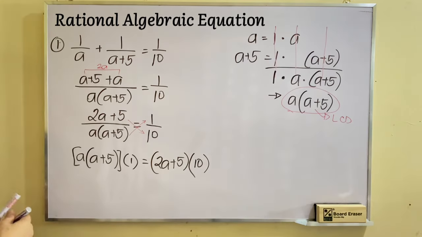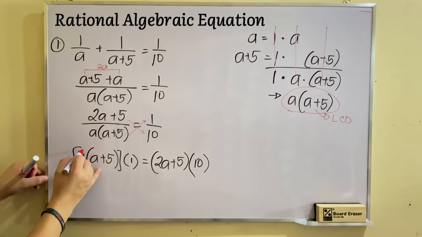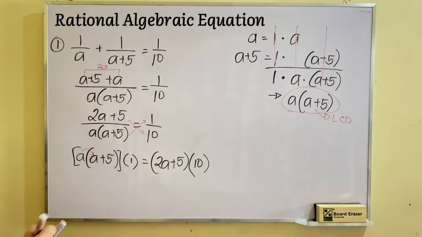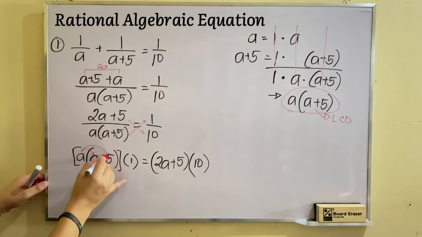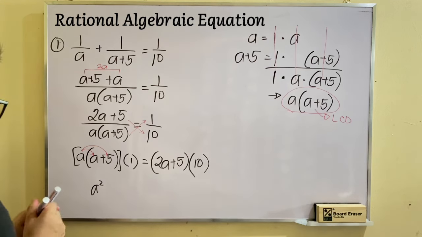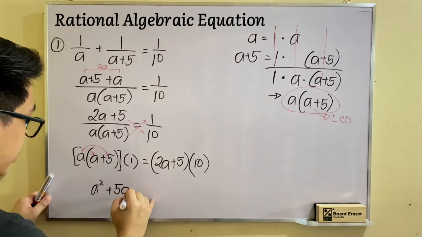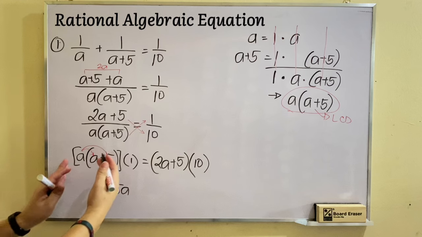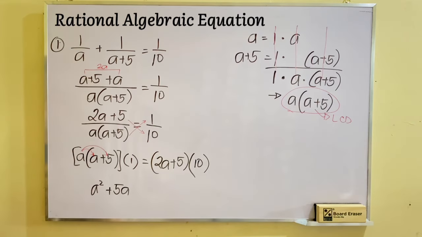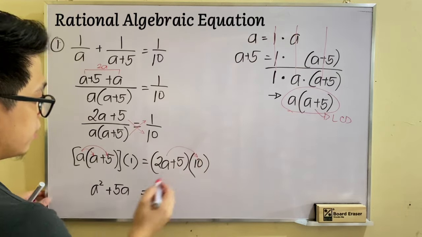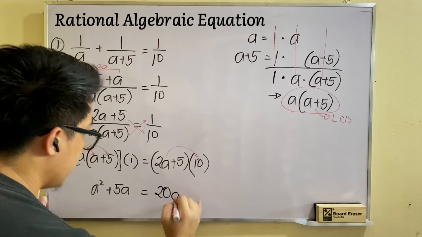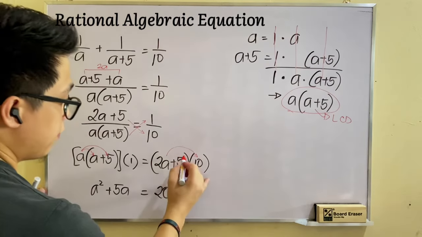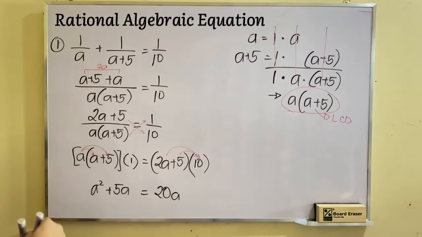So, simplify natin to. Distributive property of equality. A times a is a squared. A times 5 or a times positive 5 is positive 5a. Times 1, so any number multiplied by 1 is the same as the number. Equals 2a times 10 is what? So, 20a. Then, 5 times 10 is positive